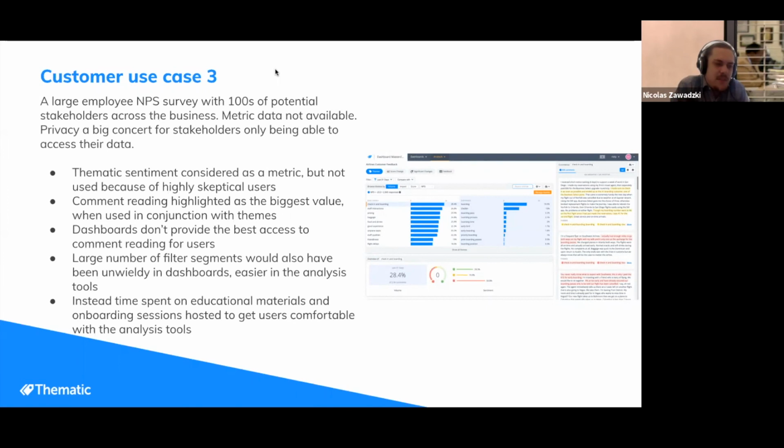So they decided that it's better to just stick with the theming that Thematic has done rather than the sentiment that's calculated. Also, they discovered that comment reading was one of the most important ways that the stakeholders would get value from the analysis. Thematic could help paint the picture of the themes, and then once they found some themes that were interesting, they could dive in and actually see the specific comments themselves, which is something that dashboards inherently struggle with, since they're trying to paint a high-level picture, and it's tricky to show example comments in a dashboard setting without